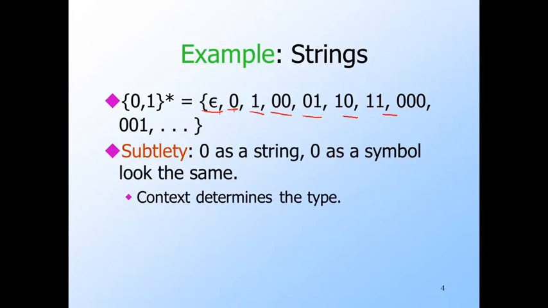Notice that we do not make a distinction between a symbol like 0 and the string of length 1 that consists of a single instance of that symbol, the string 0. We trust that context will make clear which we mean. Programming languages do make this distinction, so in C, for example, we would put single quotes around the 0 if we meant the symbol or character 0, and would put double quotes around it if we intended the string consisting of